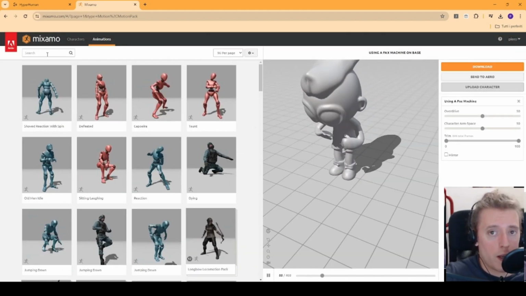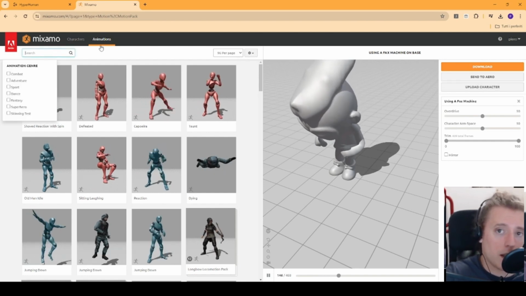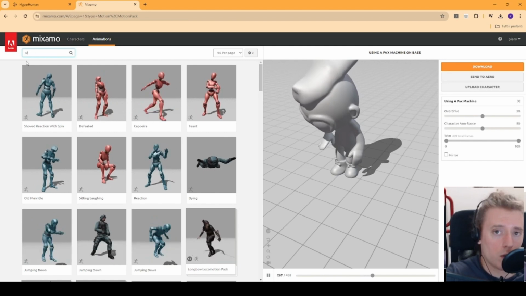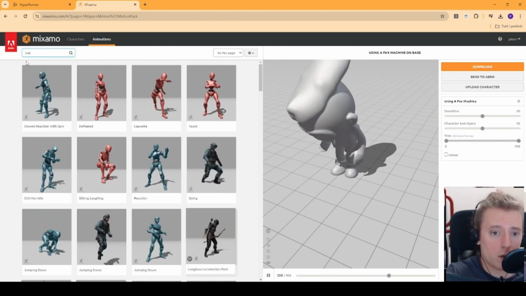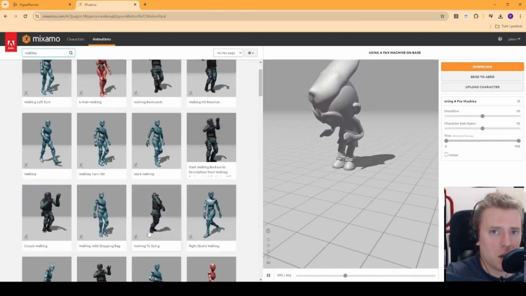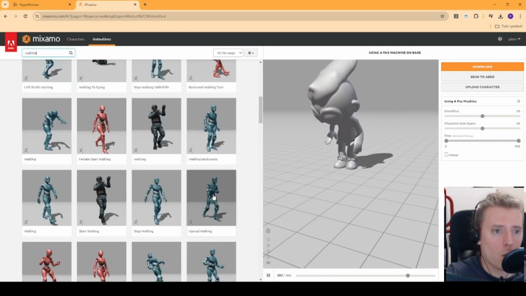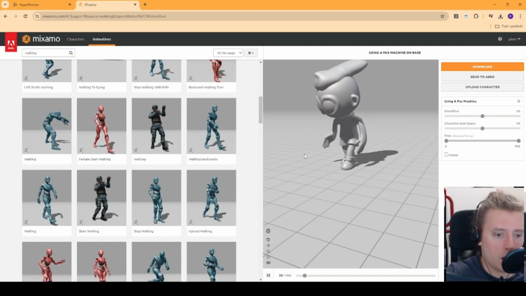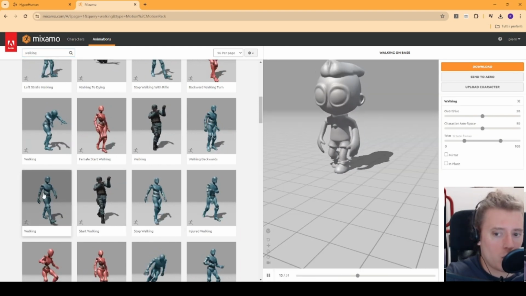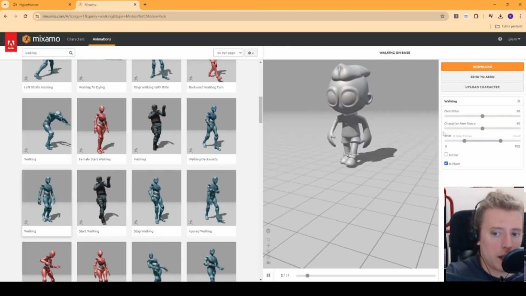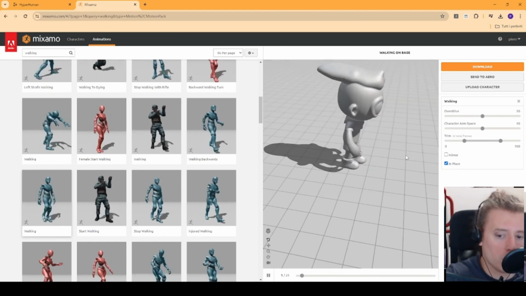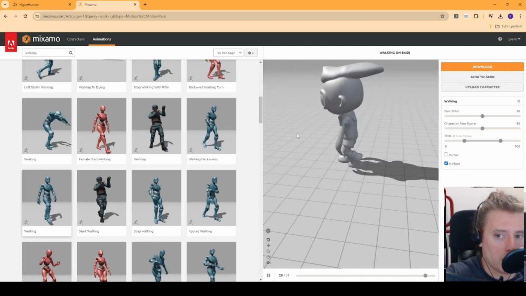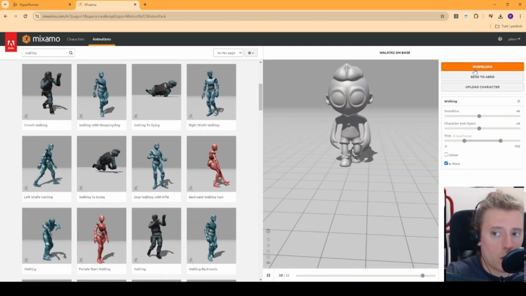The good thing about Mixamo is that it provides us a lot of different animations, hundreds of animations. So now let's just search for a walking animation, for example this one, and just select that and click in place in order to not move the character. As you can see, the character is moving perfectly. Now click download